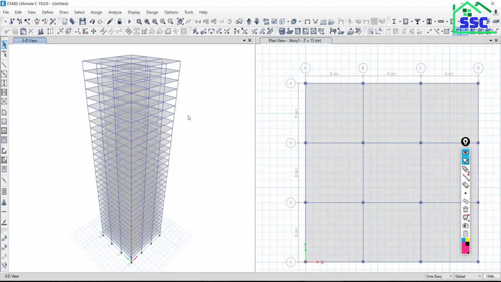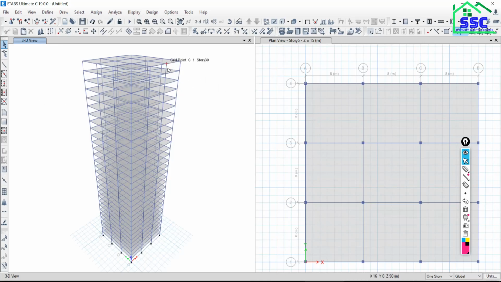I want to make the left side a plan view. So click over this window. Once you click over the window, this window will be active. See, the sky blue color is there. Whatever things you perform will be executed here. Once you click anywhere in this window, this window will be active and this will be deactive, not in active mode. Is that clear? Clear, sir.